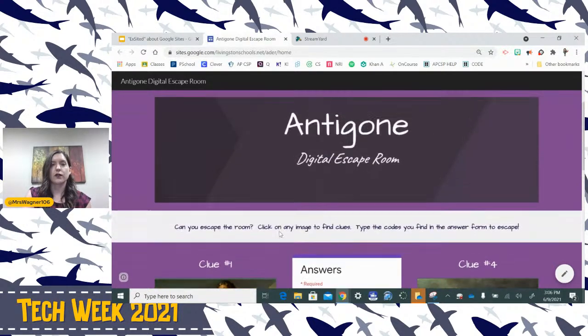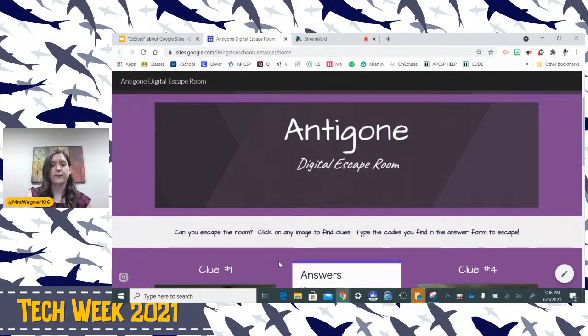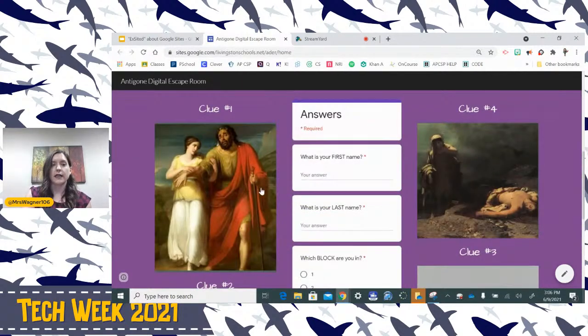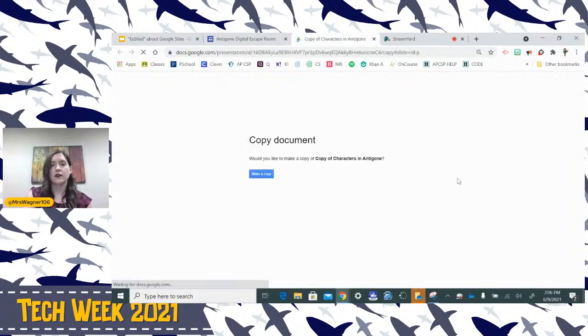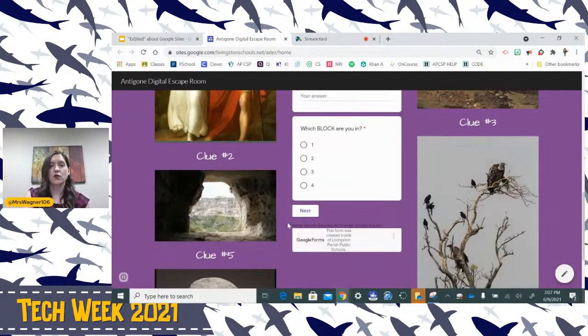So the students would visit the Google site for your escape room, and then you would link, and I'm going to show you how, link activities through images. So here on this activity, we actually link to make a copy of an activity. So the students would have that in their Google Drive to complete and then answer the question.